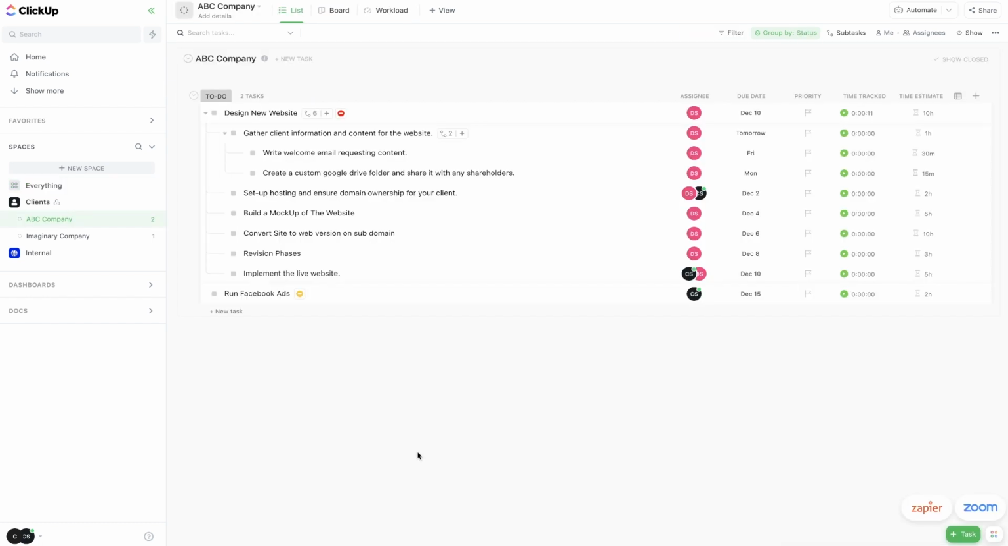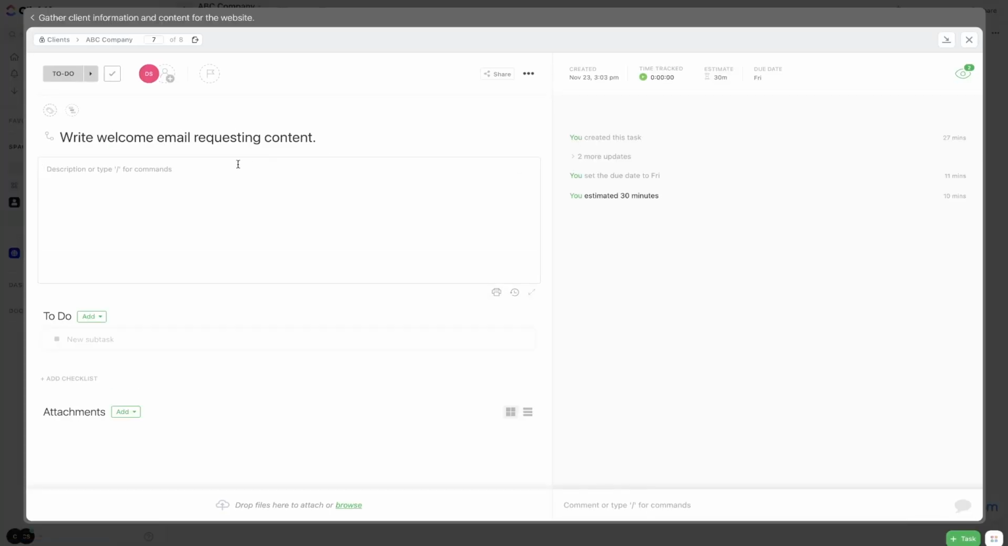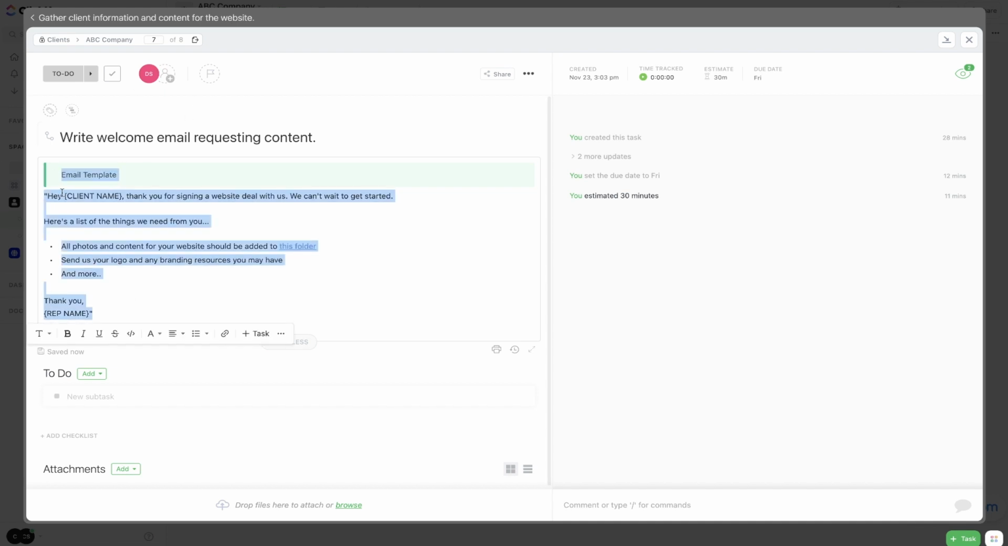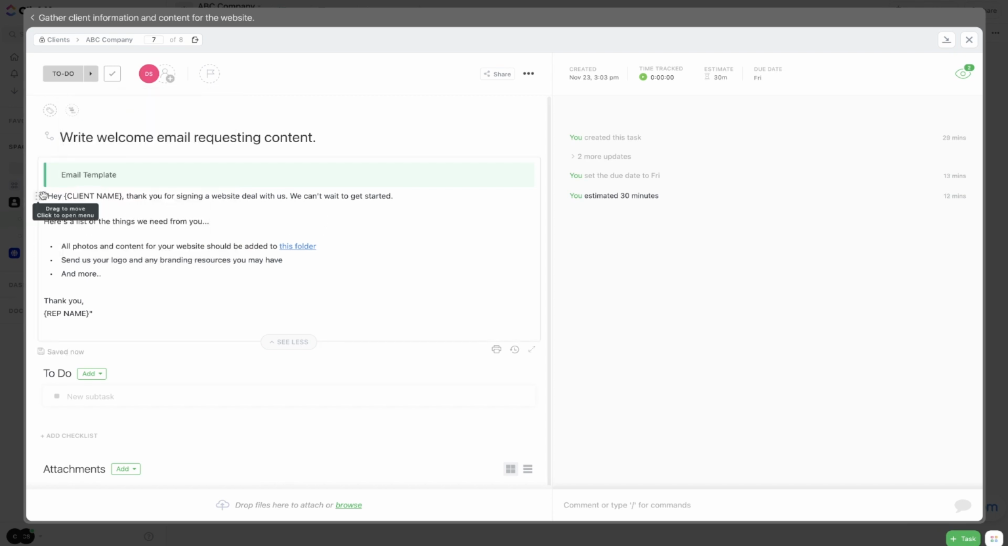Now, one thing that you can do that's pretty neat is you can add SOPs to these different tasks. So let's say for this write welcome email, I wanted to click into that and I wanted to write out a template. So I might just hit /green banner and just type in email template, hit enter, and then right down here, I could write out the email template. All right, so this is kind of a nice way to streamline this. So if Drake came in here, since this task's assigned to him, and I had this pre-written, it's very simple. He can just